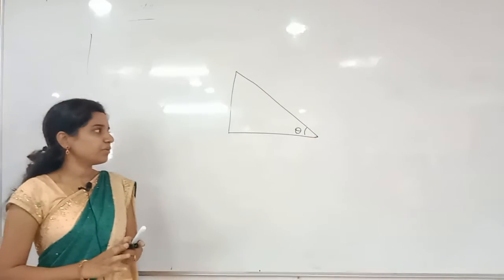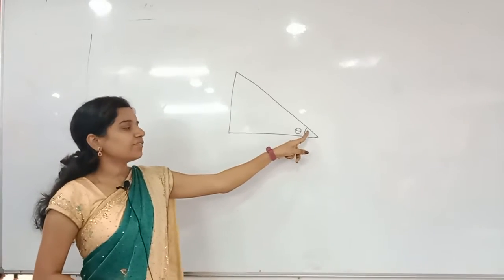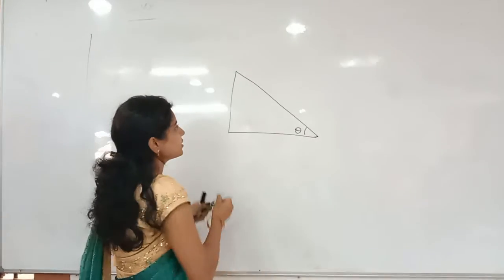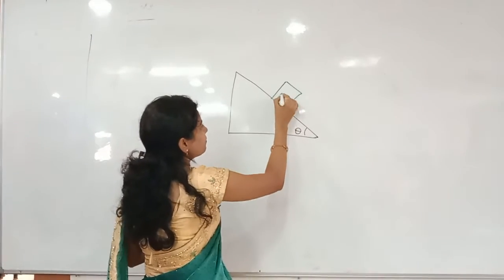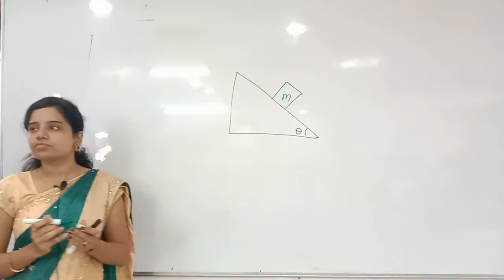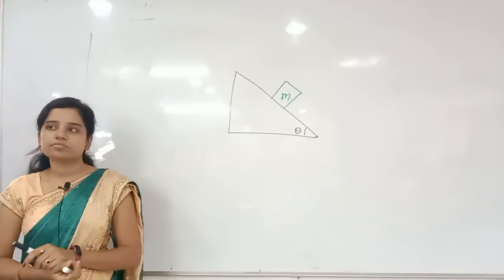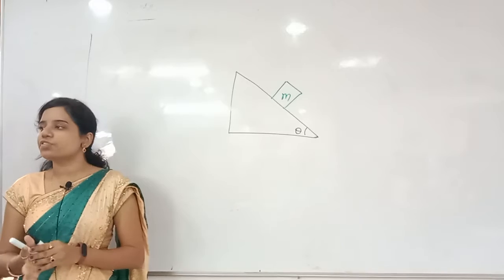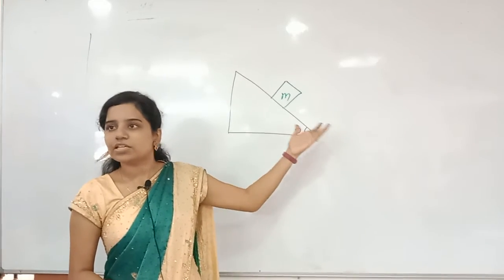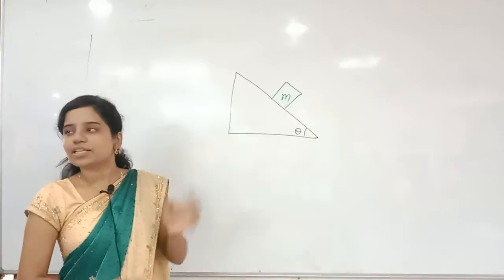Listen here, very important. So I have taken an inclined plane here, of angle of inclination theta. Whenever a block of mass m is kept on this inclined plane, what happens? As per your knowledge, it will slide downward, right? By means of which force? It will be purely moving under gravity. There is no other force. I am not pushing from the top. It is purely moving only under gravity.